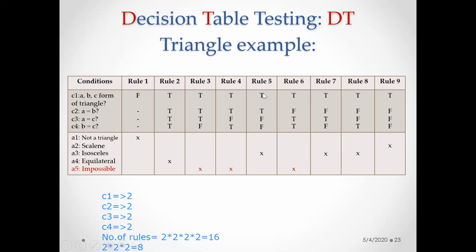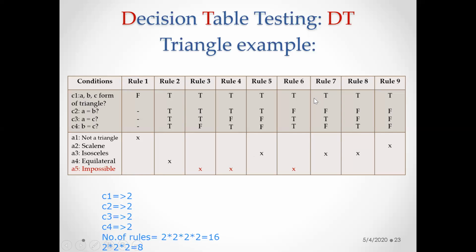The next rule that we have taken is rule 5: a triangle can be formed, true. A equal to B, that's it. A not equal to C, B not equal to C. This is possible. Only A is equal to B. B is not equal to any other quantity. So with respect to that, it holds good. It is called an isosceles triangle. Similarly, in another 2 combinations, you can make it. A triangle can be formed, A not equal to B, A equal to C, but B not equal to C. Then also it is an isosceles triangle.